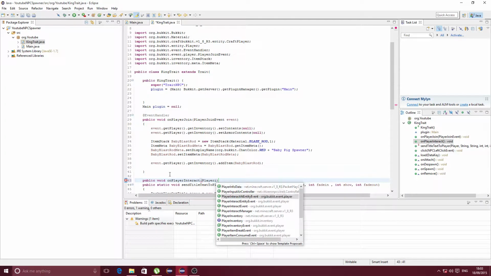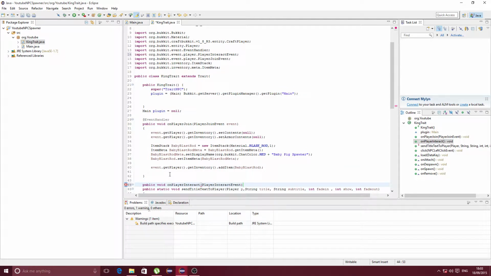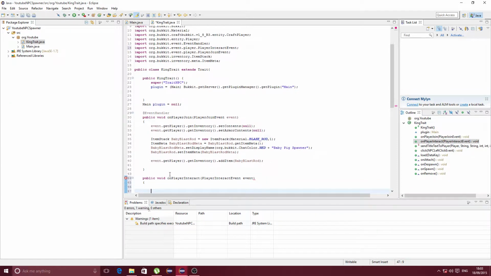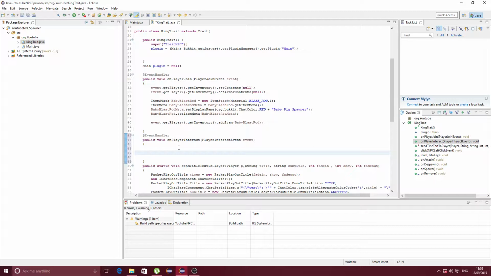This is an interact event. That's when the player does any type of interaction at all, really any. We're going to turn it into the name of the event. We also need the event handler. We always need the event handler because we're working with events. Okay. And now what we're going to do is check the same thing. So we're going to do event